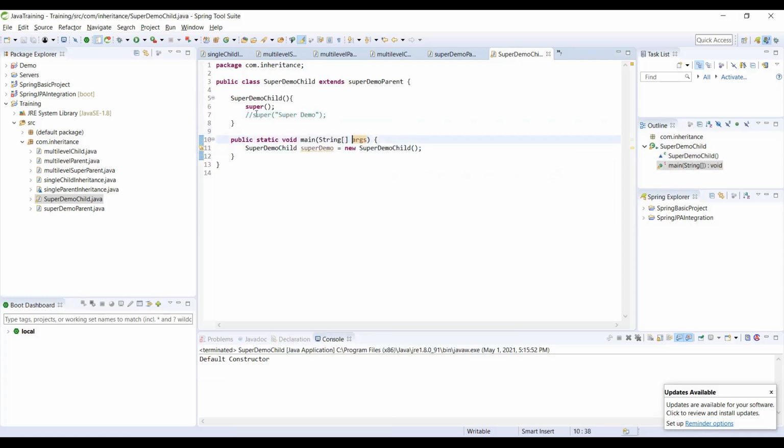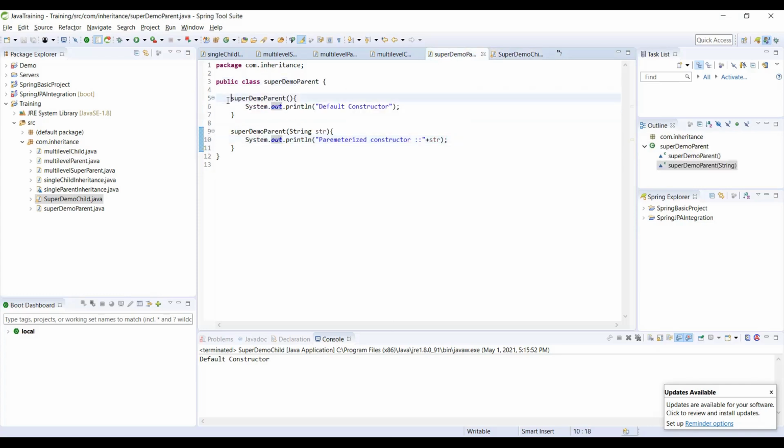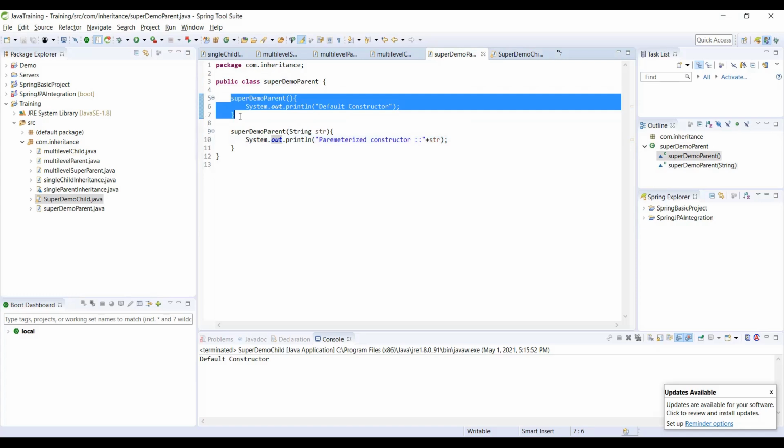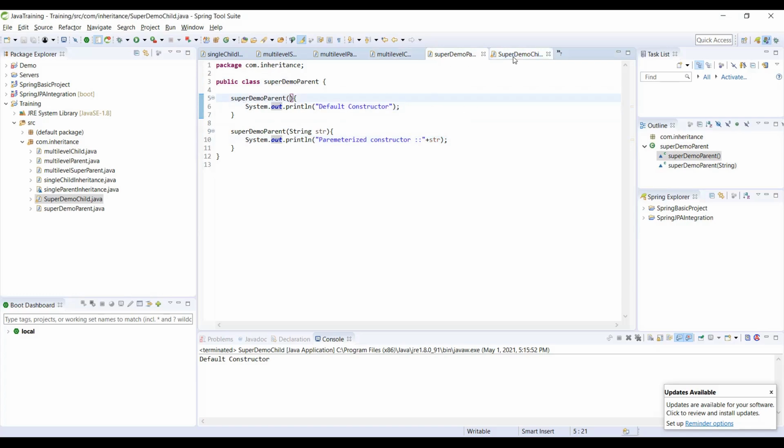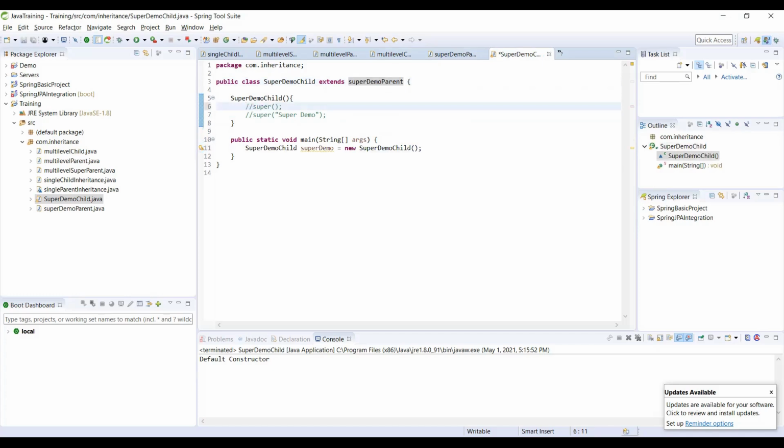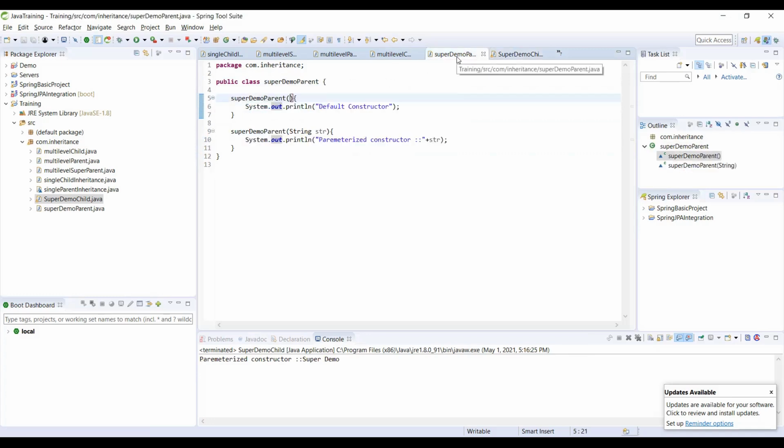What did I do? In my constructor, I called super. So it refers to the immediate parent class. So when I do a super, what does it do? It calls the constructor with no arguments. And hence this has been printed, right? But when I go and remove this and do this, what does it do? It goes to the parameterized constructor in the immediate parent class.